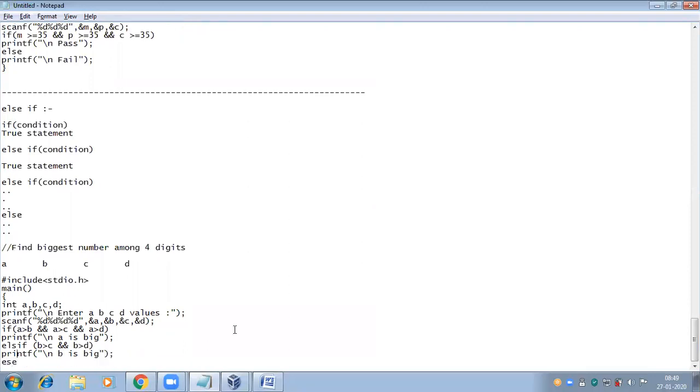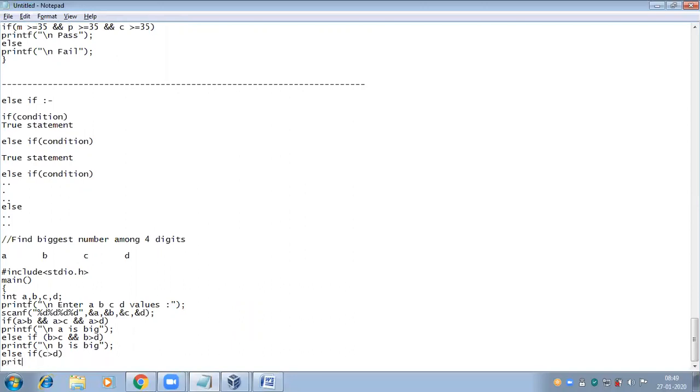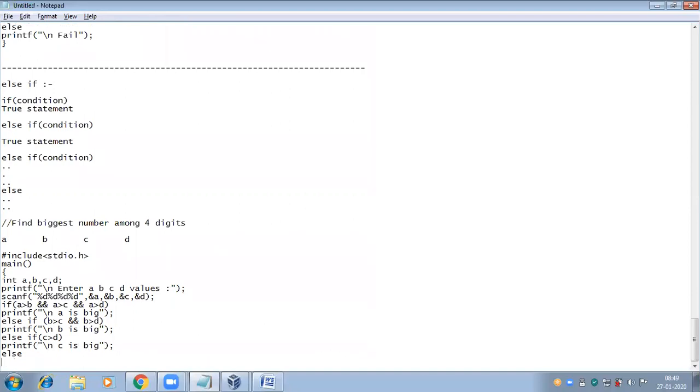Else if c is greater than d, then printf c is the biggest number. Else, printf d is the biggest number.